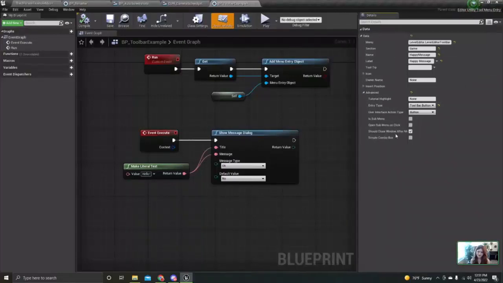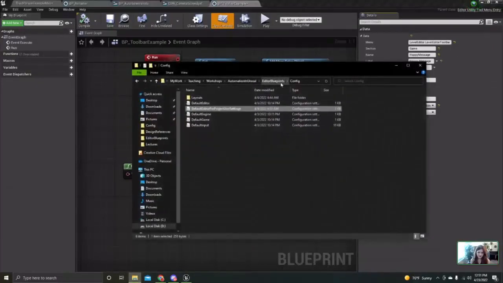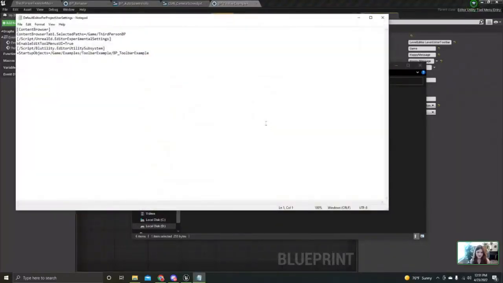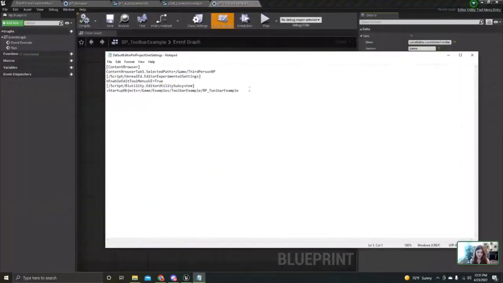Usually I'll do that in C++, but you can do this in blueprints. The only thing that's required here is an entry in your config to make sure this runs at startup. You can add it to the default editor per project user settings. And if I open this, click edit, you'll see I've added the section here that just adds a startup